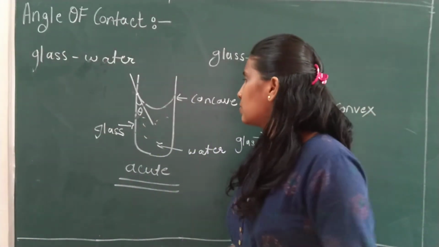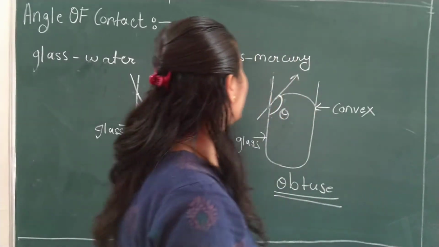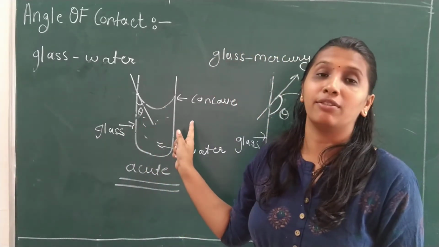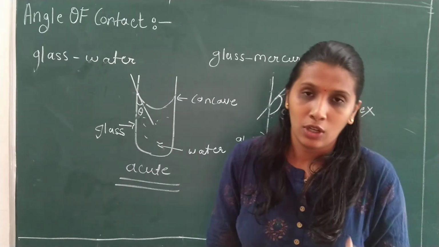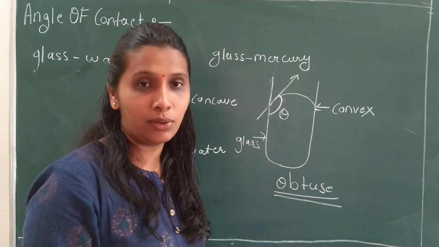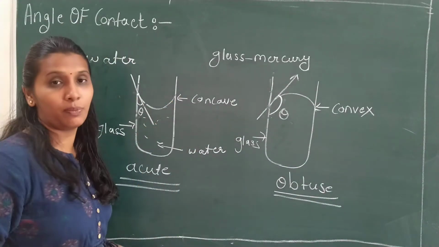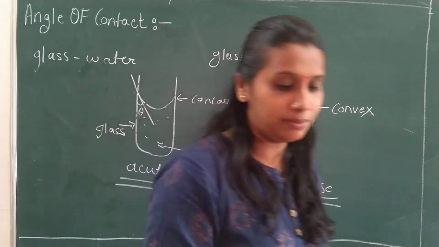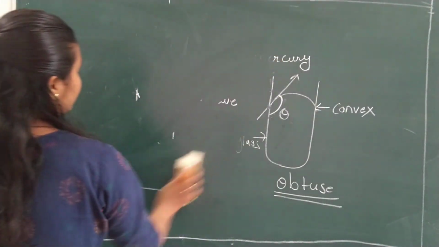Now the question arises, why the shape of the glass water pair, or the glass mercury pair, is convex or concave. This is why the meniscus takes the shape of concave or convex. How is it possible? For this we need to do a detailed study now. This was overall a scenario. What do you mean by angle of contact? Now to know how this meniscus takes a shape like concave or convex, we need to study in detail. So let's proceed further. For that, I will draw a diagram which will clear your doubts.